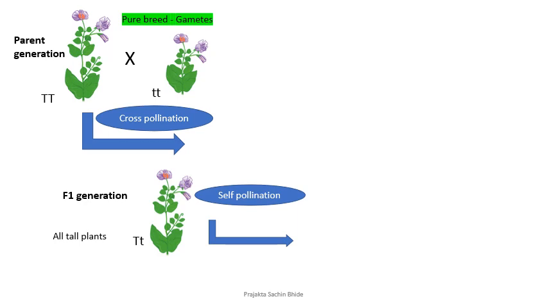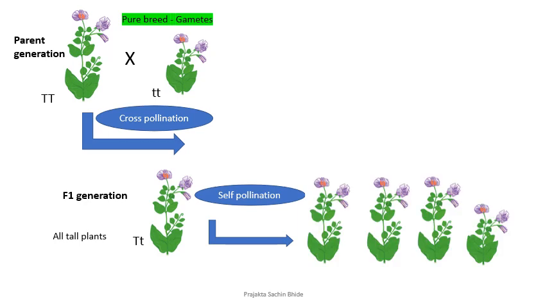The progeny of the parental generation was all tall plants, because they were cross-pollinated. Will the progeny of the F1 generation also yield all tall plants? No, he did not observe this. What he observed was, from all the plants that he studied in the F2 generation, if you look at the diagram, 3 of them were tall and 1 by proportion was dwarf.